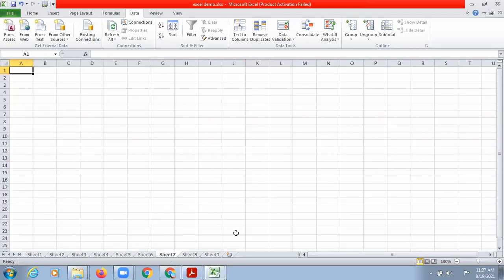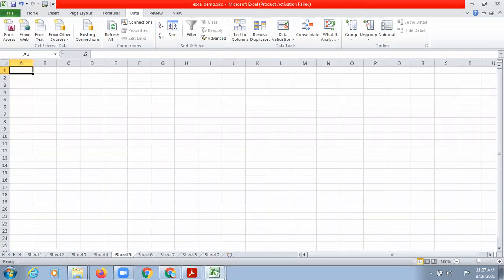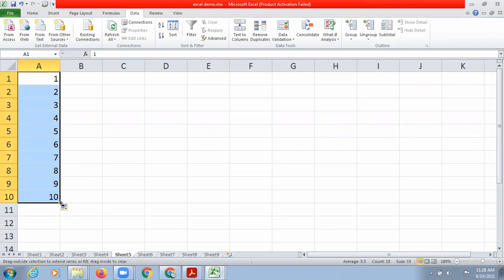Autofill feature is basically used, let's say, autofill feature means, let's say you have to write the numbers from 1 to 100. If you type the numbers 1, 2, 3, 4, and so on like this, it will take a lot of time to fill the numbers till 100, right? But the easier option is you will write only the first two numbers and then bring your cursor to the bottom right corner. When it gets converted into this plus sign, which is also known as the autofill handle, at that time you can drag it till wherever you want.